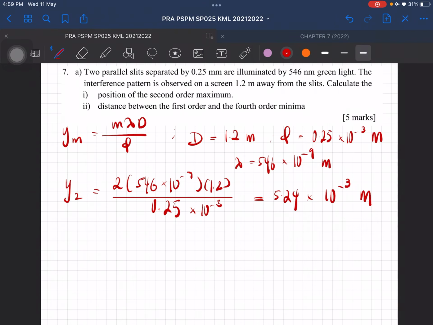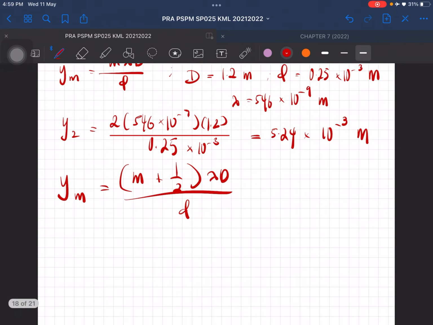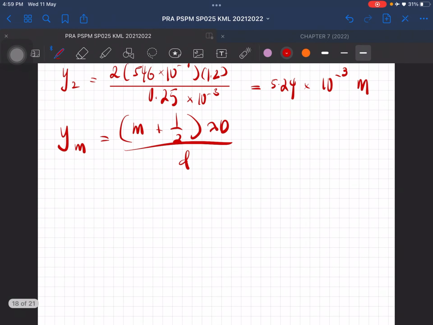Okay, right, and then the distance between the first order and fourth order minima, the equation is m plus half. It has plus half only. Forgot lambda. Okay, so this is the equation for minima. And then the distance is you just going to